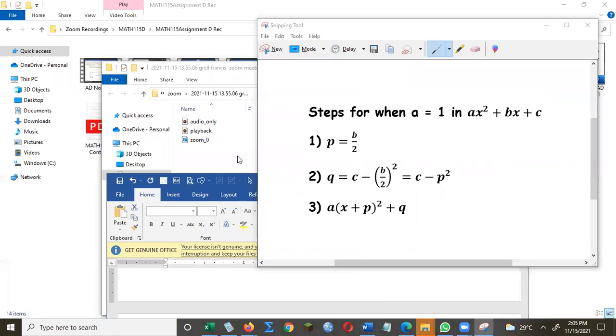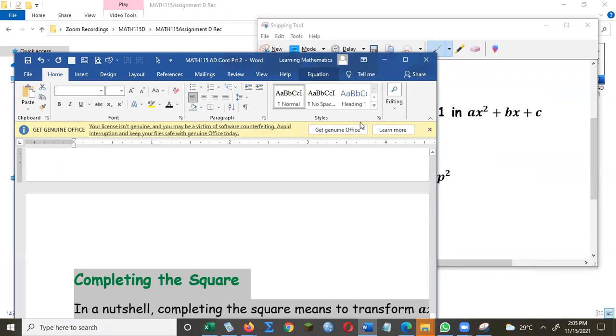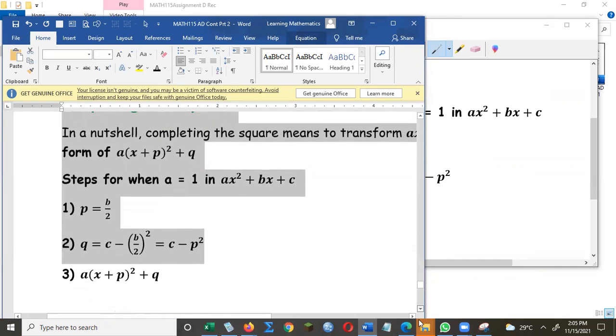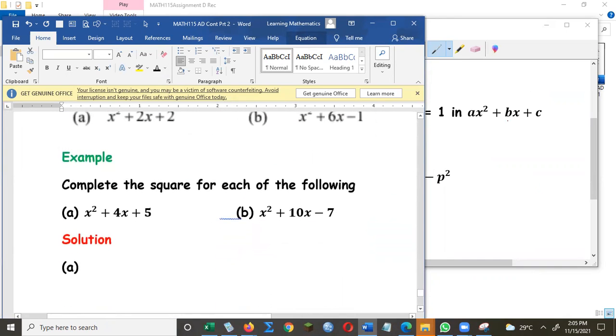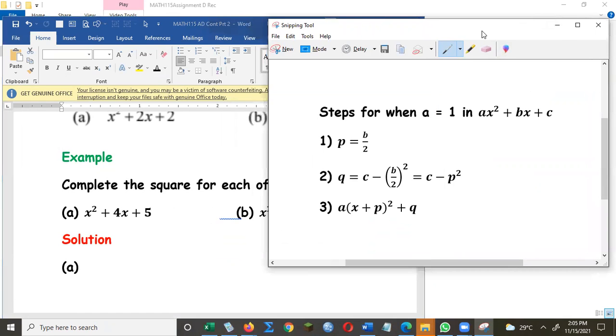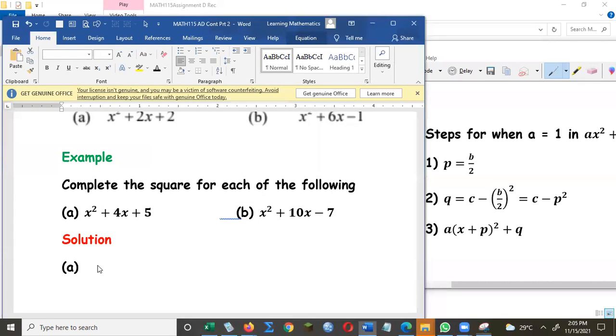So we come into our example, and you can apply it now to the 3 questions in the assignment. Completing the square. A, we're going to follow those steps there. Here they are. Okay, so based on those steps,